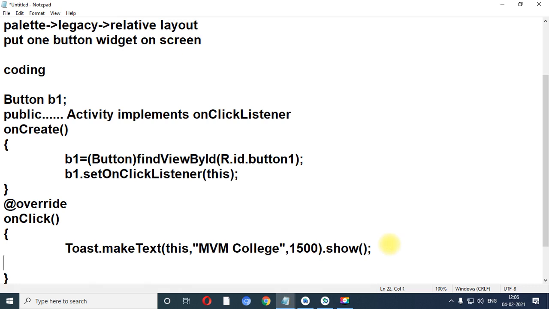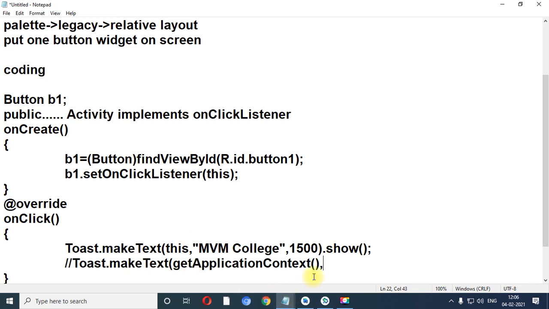Now the second way is there. I am putting a comment line over here, Toast.makeText. Now see, instead of this, there is one keyword called getApplicationContext, right?